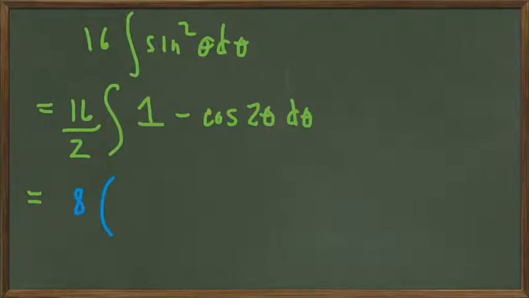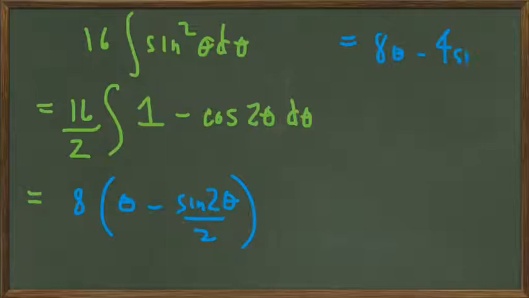The integral of the 1 is theta. The integral of the cosine 2 theta is sine 2 theta over 2, and so that gives us 8 theta minus 4 sine 2 theta